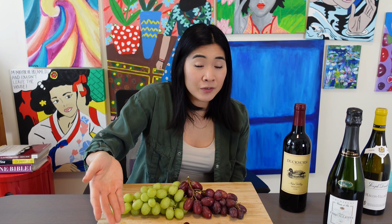Are the grapes going to be riper, meaning there's going to be more alcohol? Is it cool enough that it can produce enough acidity? What is this type of grape and what are the flavors that I expect to see from it? Is it a blend? How is it made? So those are all the factors when you drink a wine you should note,